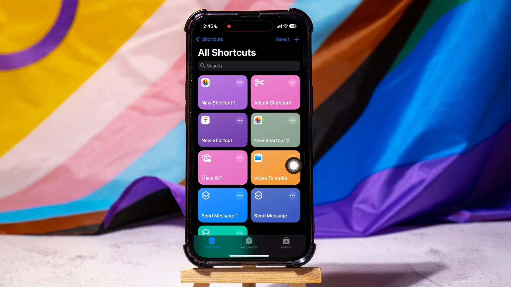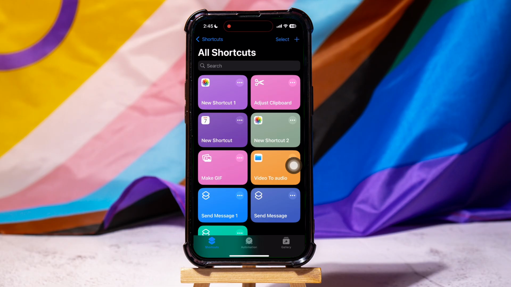The iPhone Shortcuts app is a powerful tool that allows users to automate tasks and create personalized workflows by combining multiple actions across different apps. It enables users to create custom shortcuts to perform actions with a tap or by asking Siri, streamlining their daily